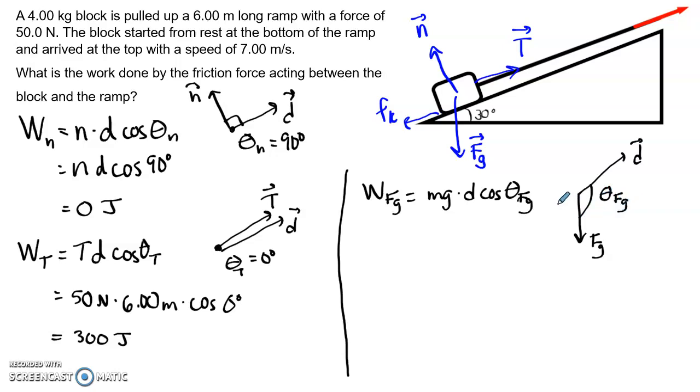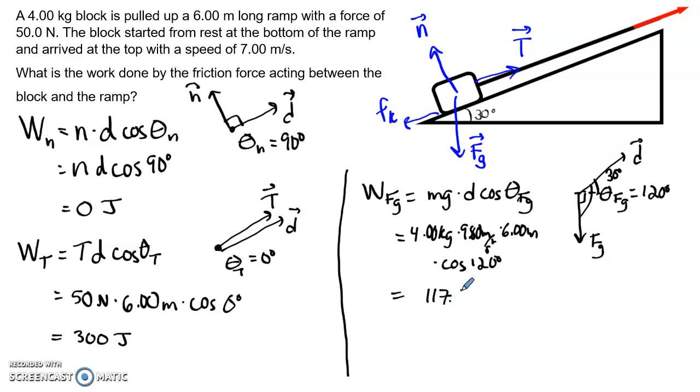That's what we're after. An easy way to see it is to realize that the horizontal line in here has an angle of 30 degrees with the incline. So therefore, if we add the 90 degrees between the horizontal and the vertical, we get a total of 120 degrees. So plugging this back in our equation, we have the mass, which is 4 kilograms, times g, 9.8 meters per second squared, times the displacement of 6 meters, and then we have to multiply again by the cosine of 120 degrees. If we do the math of all of that, we get